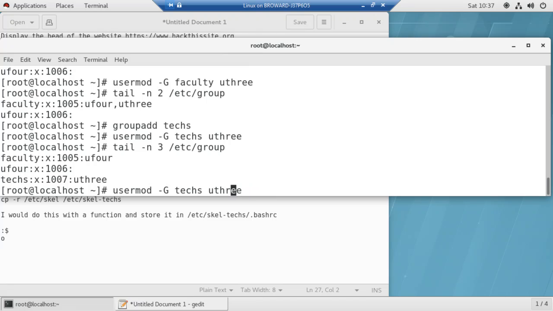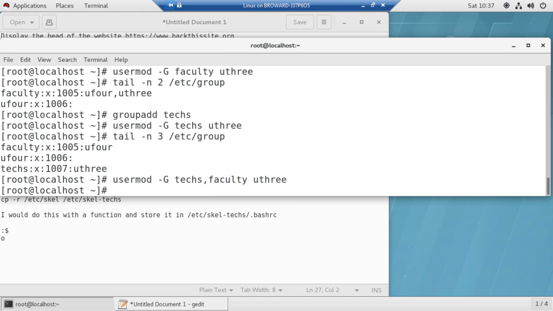If I want to add a group, I can do it two ways. I can specify all the other groups that he's part of. So if you're going to just use the user mod command to add a user to a group, you either have to specify all the groups that he's in, plus the new one, or